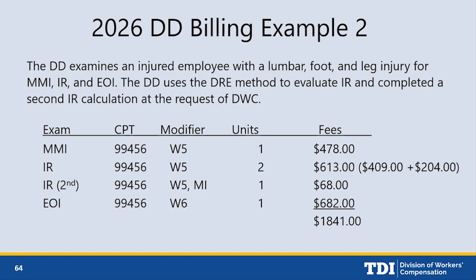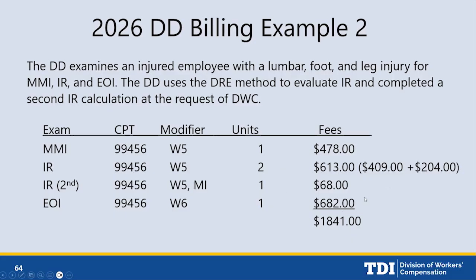And also, remember, we needed to have a POD, right? We should have had a POD ordering us to do this second evaluation. So maybe they're going to include the spine and exclude the lower extremity. And then the second one, they want all of those body areas. So just keep in mind, you're going to see 99456, our code with our different modifiers. And then this one, you have that multiple impairment modifier. So it's going to be very important.